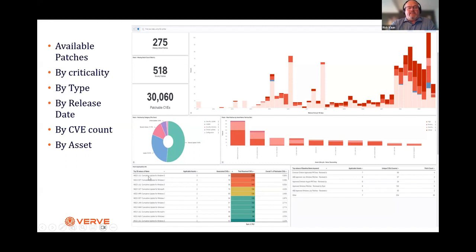We can actually look at the specific patch, how many assets it's applicable on, how many CVEs it addresses, and this one is the single biggest bang for our buck. If we figure that patch out, we get rid of 7% of the risk in our environment. Alternatively, we could get pushback from the plant saying, well, until the vendor approves it, I don't want to do it. Fair enough. We can see here that we're also able to build filters, and there's a little toggle switch